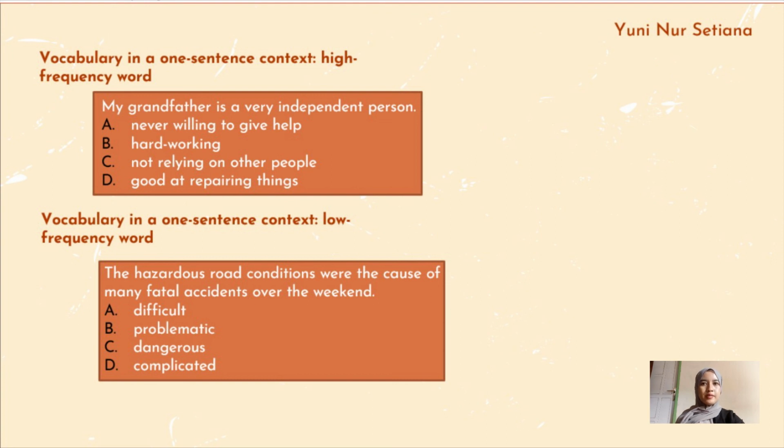The second example, in the case of a low-frequency word: even a limited context can provide information that enables the test taker to recognize and infer the meaning of the lexical item. Items need to contain some amount of conceptual information for the test taker to choose the correct response. Although all the above responses could be substituted for the underlying word, the information about the accident being fatal implies the more serious state of being dangerous.